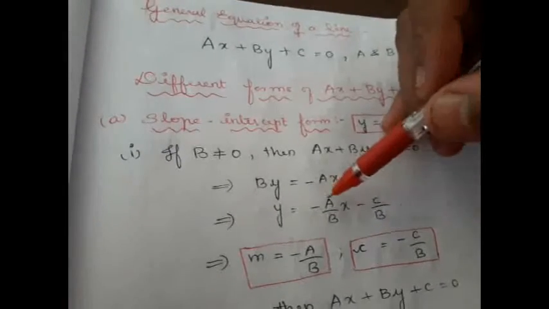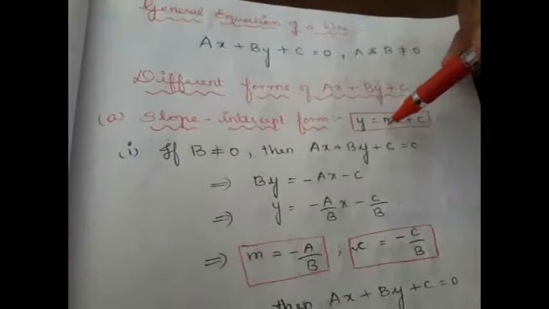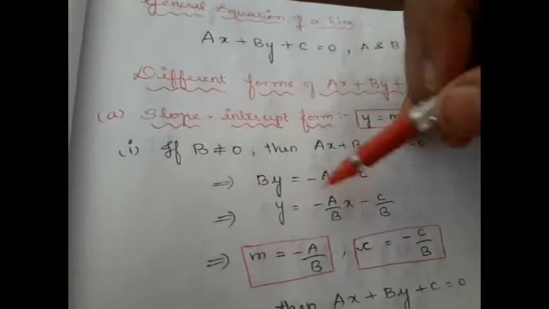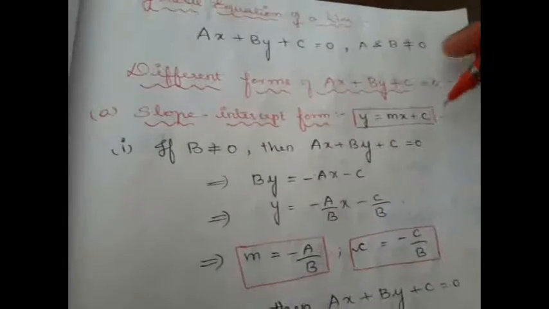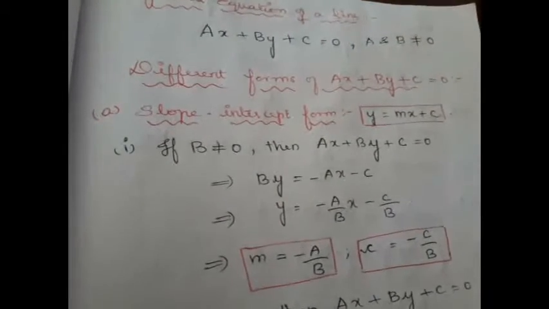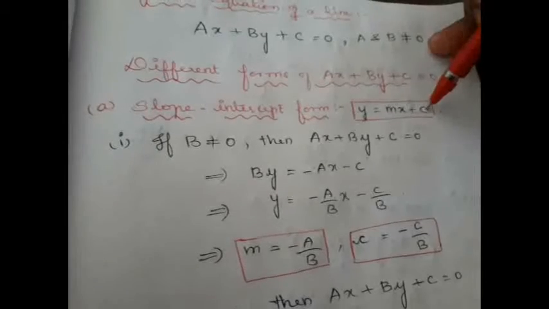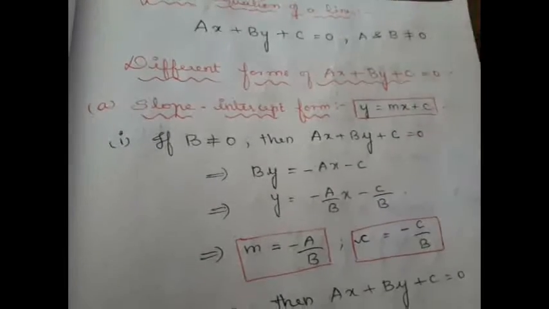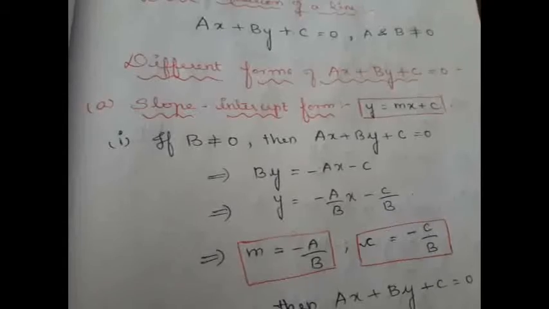Alright. So what do we have in the place of m now? m is the coefficient of x. So in the place of the coefficient of x we have minus a by b. So m is minus a by b. What do we have in the place of c? c is the intercept, the y-intercept, right? So in the place of c we have minus c by b. To differentiate this, I have represented this as small c and this as capital C. So the y-intercept is minus c by b.